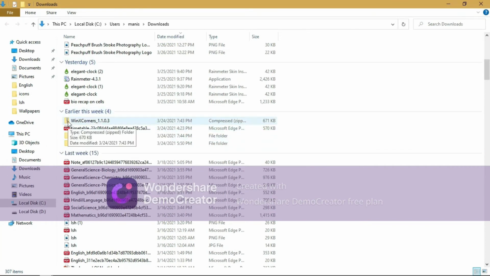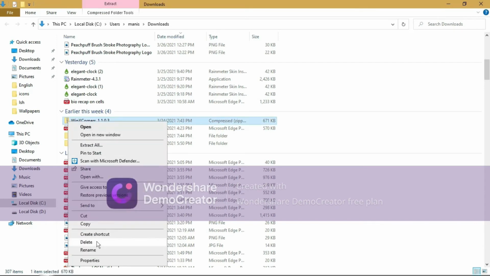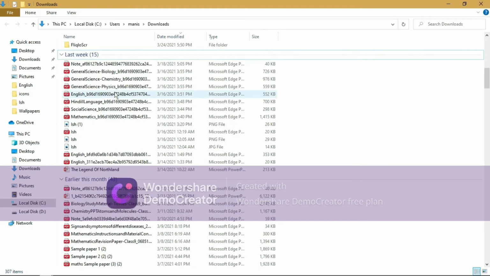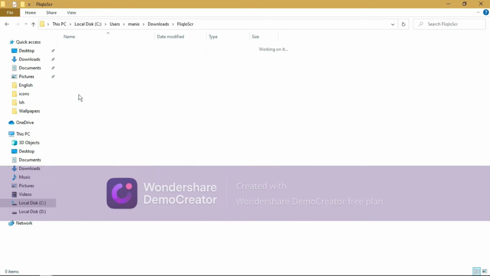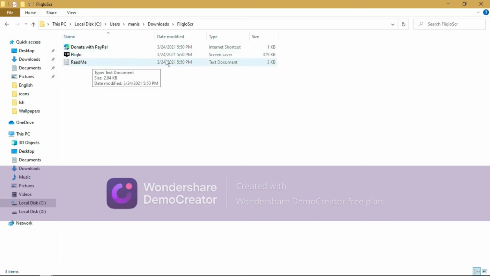To unzip it and get all the contents out, you need to right click that, and you need to press extract all, and it will be extracted. So once you press extract all, you will get this. From that zip, it will become a normal non-zip looking file. You press that. Once you press that, you will get 3 little things in that folder. In that, you have to press this middle one, which says screensaver on it, or sometimes it says application.